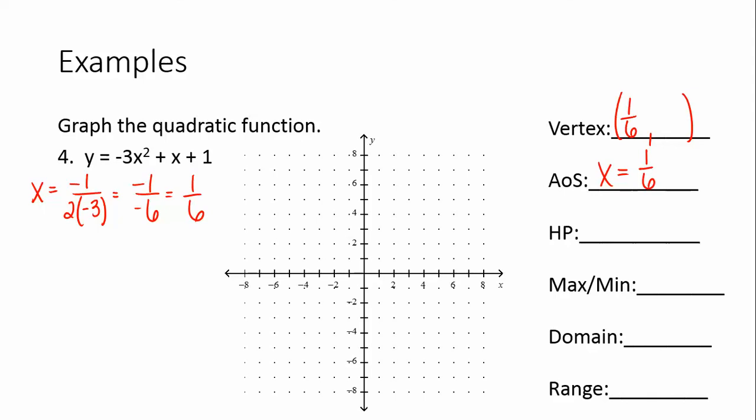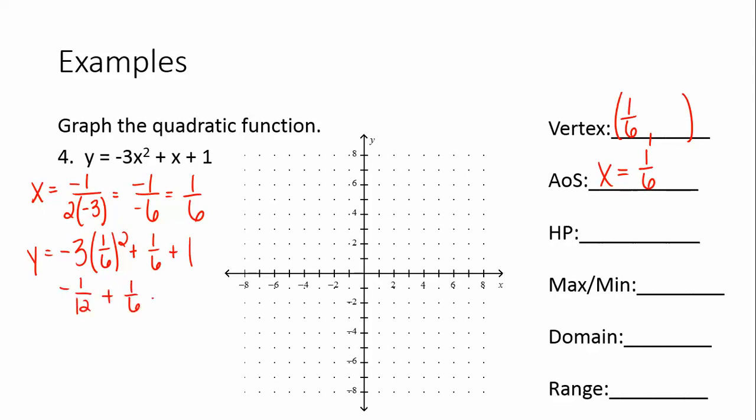So now what we want to do is plug in 1/6. So we have y equals negative 3, in parentheses, 1/6 squared plus 1/6 plus 1. And this is about to get really ugly. If some of you get this, that's pretty impressive. So we have to square 1 over 6. That's 1/36. And now we have to multiply it by 3. When you do that, you get a negative 1/12